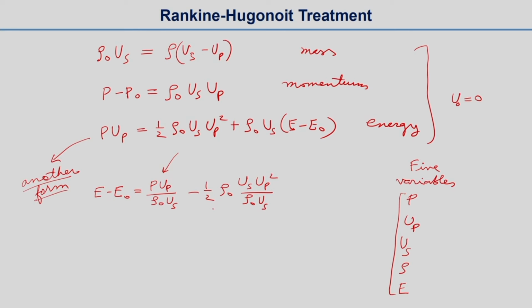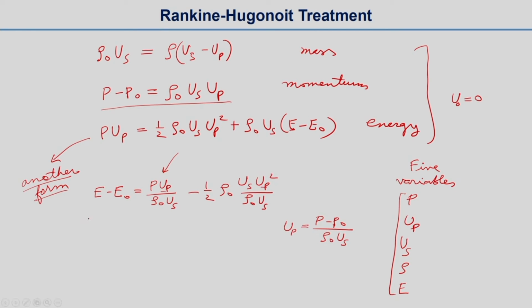From the conservation of momentum, we got that Up is equal to P minus P naught, divided by rho naught Us. So if we substitute Up,